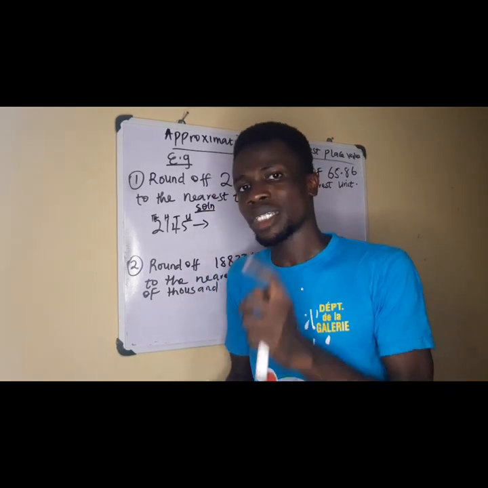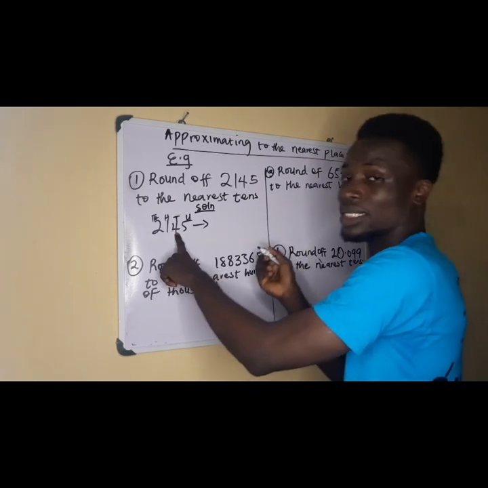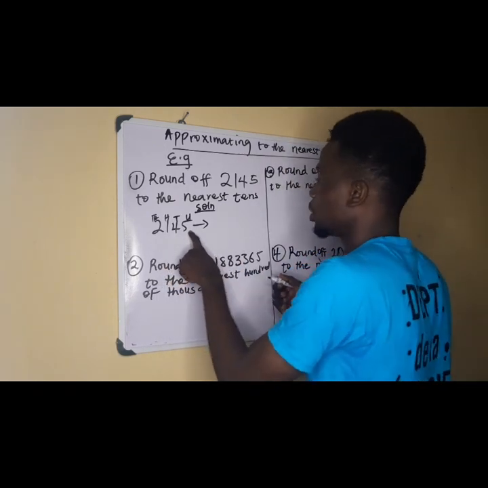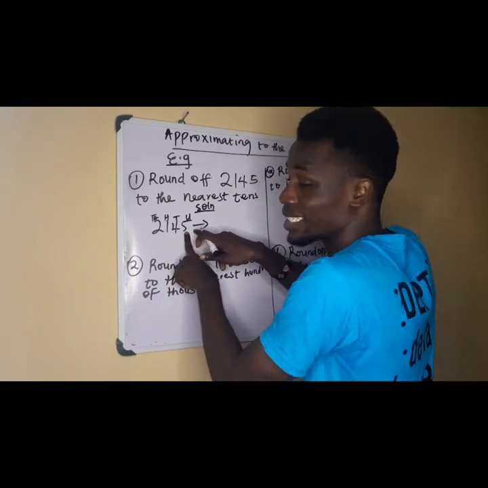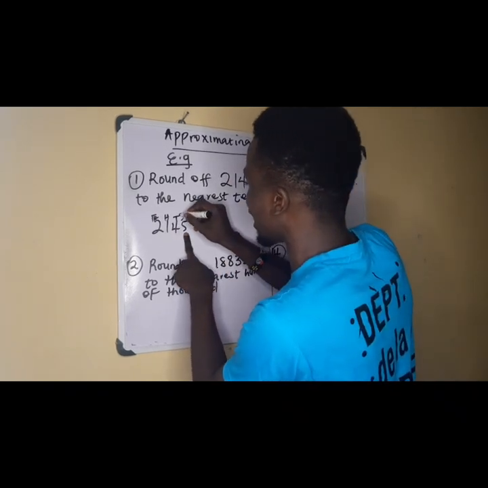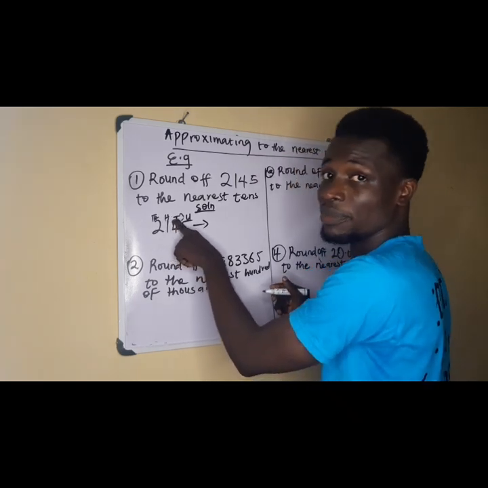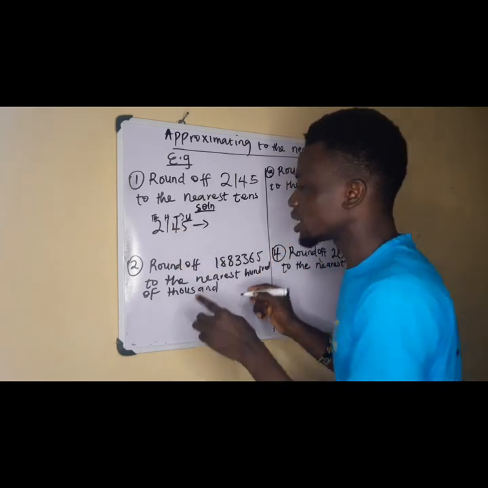So let me show you an example of what I'm talking about here. Now look at this. This is the tens, we have located it. So the next thing I'm going to do is, because the preceding number is 5, I'm going to round it up. That means I'm going to add 1 to this 4. And if I add 1 to this 4, it's going to give me 5. So my final answer will now be